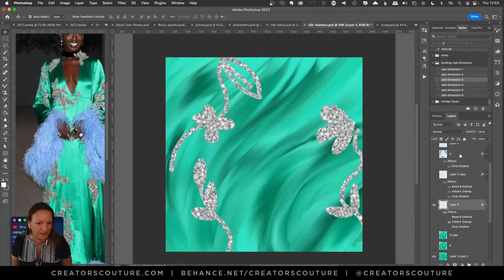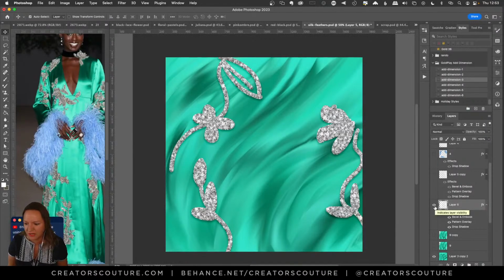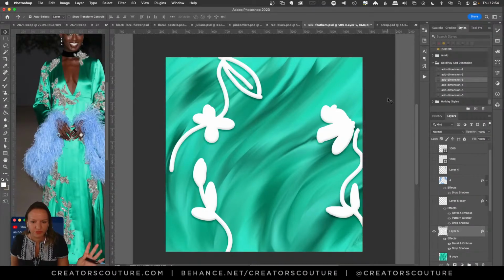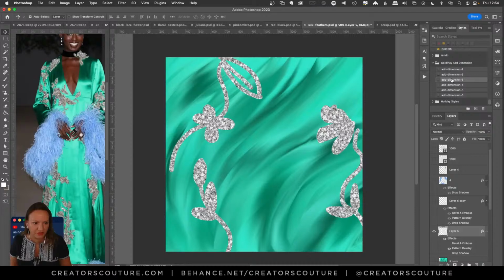If I shift and click, it won't add it. You have to hold down the shift key and actually drag it on there. Then it will add the bevel and emboss and the drop shadow without knocking out the layer style you already had. If I just click on it, it will replace the layer style. So we have to hold down shift and drag.